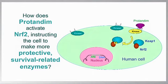So it can now float around in the cytosol of the cell and diffuse into the nucleus, where it previously could not go. And it finds about 3,000 of those genes out of 25,000 that have a specific switch that Nrf2 can bind to, and it's a switch like a dimmer switch on those 3,000 or so genes. And the action of Nrf2 binding to those genes increases the activity of that master blueprint, those 3,000 genes. So not instantly, but within a matter of an hour or so, working copies of that master blueprint for those 3,000 genes is sent back out to the cytosol, translated into new proteins, new enzymes,